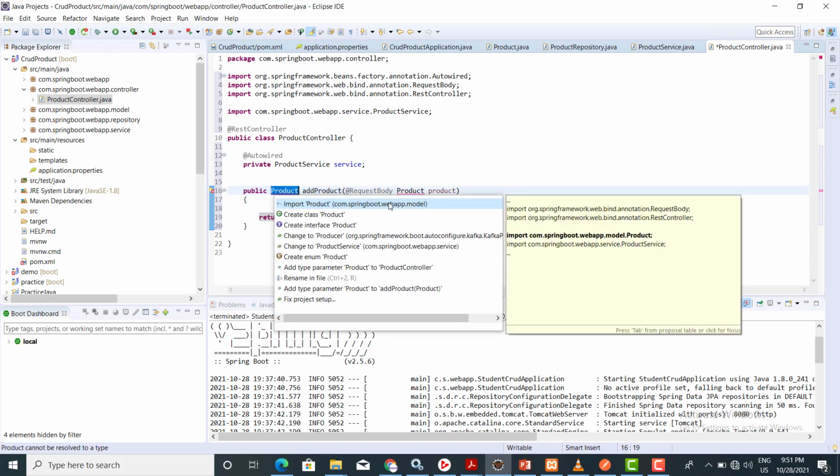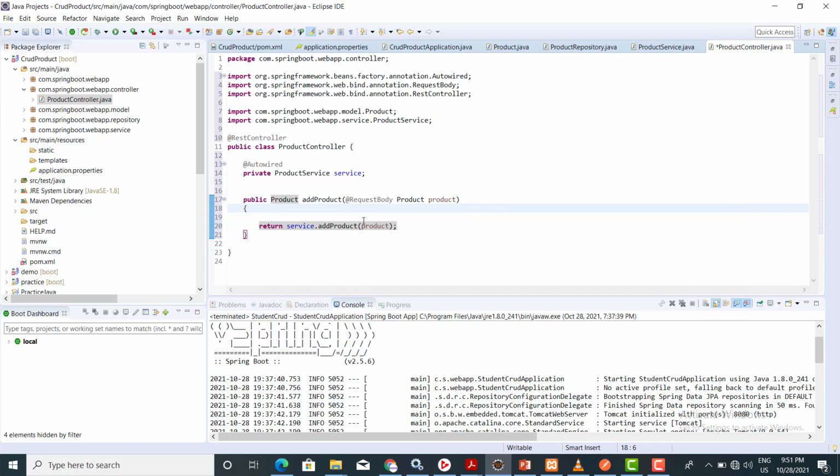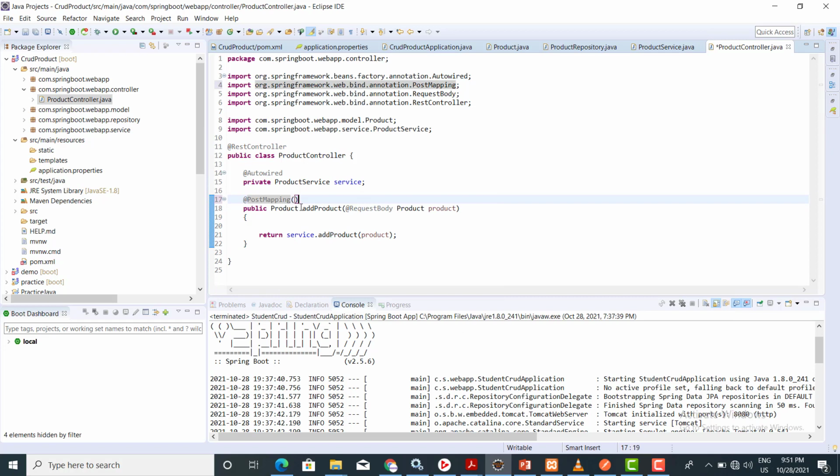So import classes. Now this function should have a mapping. So I am using a post mapping because I am sending data, and this should be mapped with the URL add product.